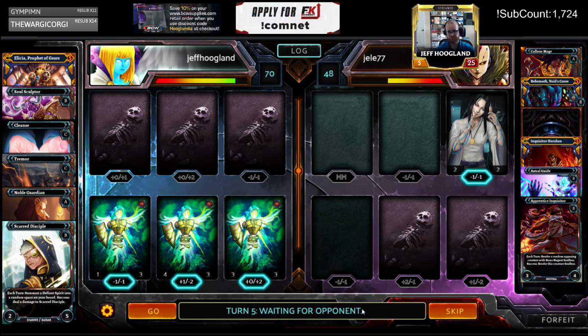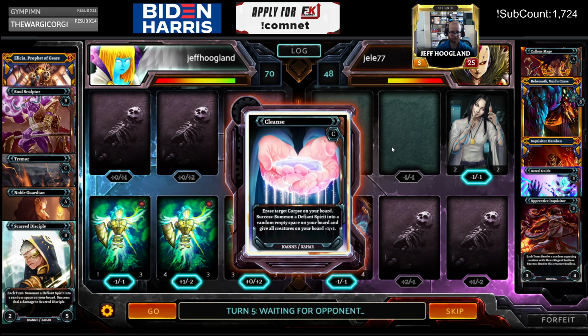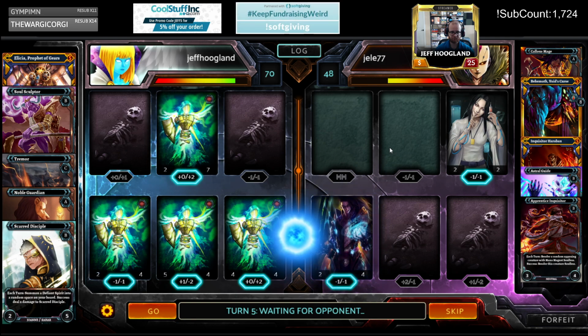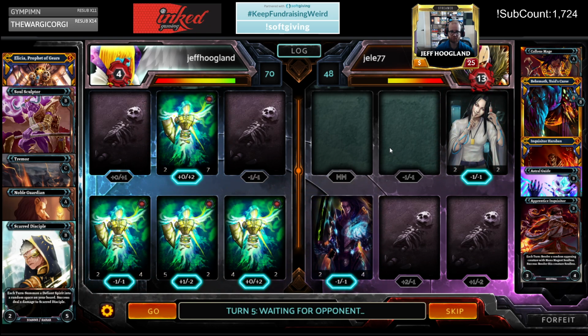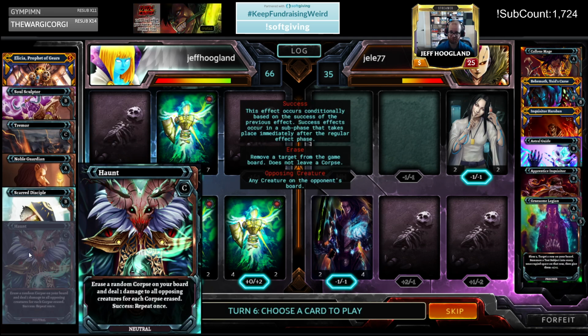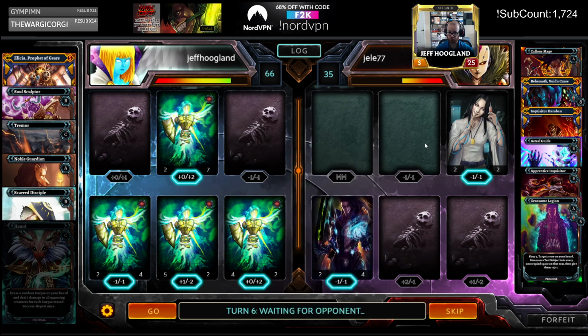Cleanse sounds nice here. They have a constant Mana Magnet slot, so I'd like to try and get some of my spells in early if possible. I'm gonna hide this because I don't want them to know that I have it. So ideally, I'd like to not get Mana Magneted off this one. There's a good chance they deploy a unit here to Mana Magnet me, but...